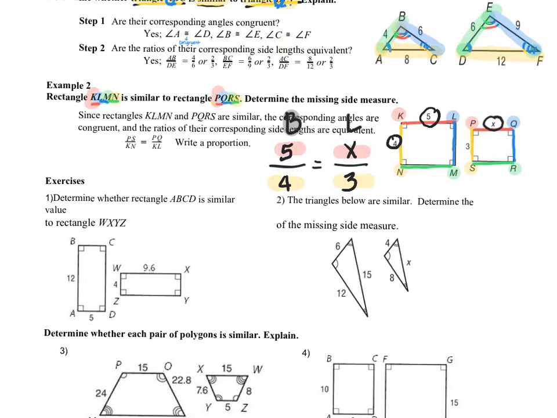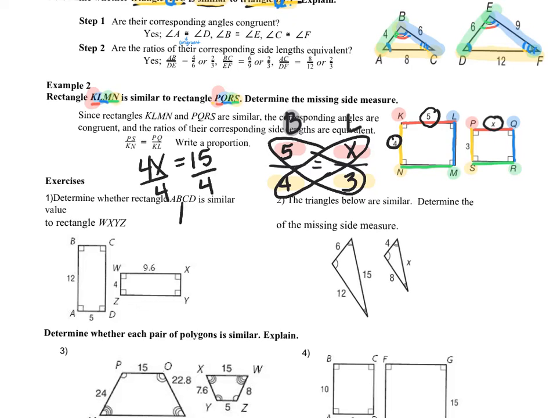Could I solve for the missing value of X that way? Yes, that's set up like a proportion that we've been working with. I could say 4 times X is 4X. 5 times 3 is 15. Divided by 4, X equals 3